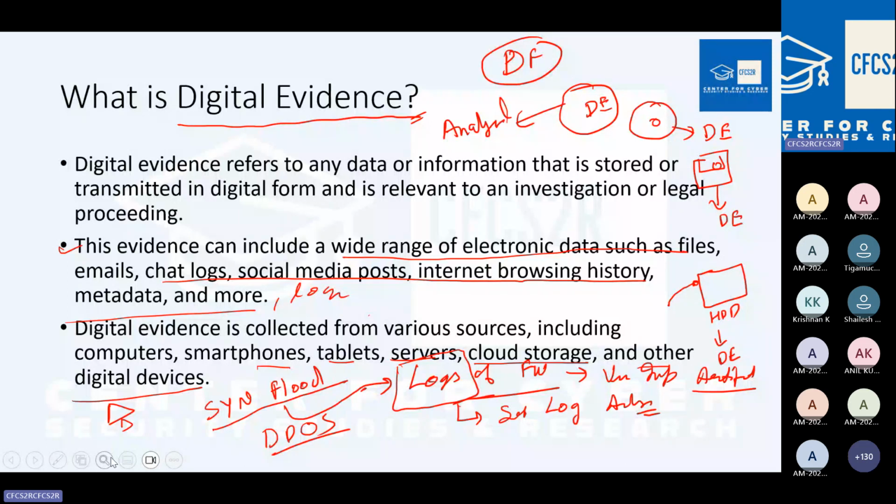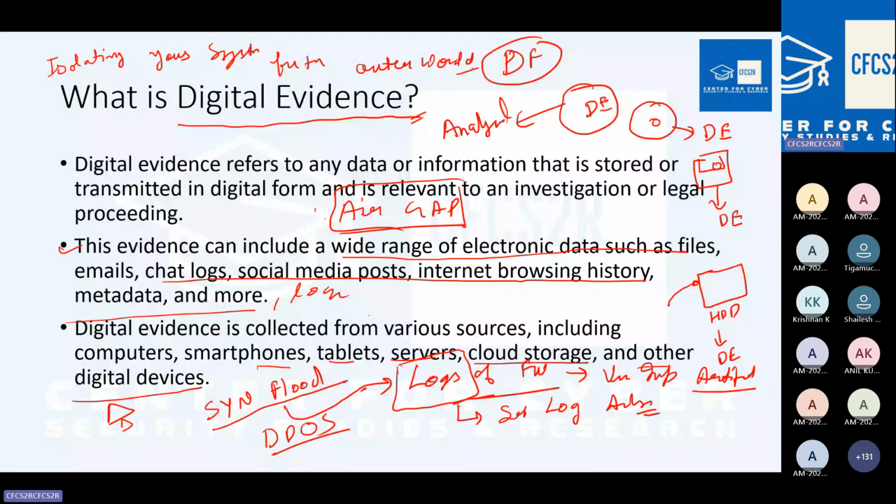Okay. Tell me, if a system is not connected to a computer, do you think it can be attacked? Yes or no? Very good. So there are a lot of responses, yes, and definitely it can be attacked because there is a very important term that we call an air gap. Okay, so air gap is basically isolating your system from the